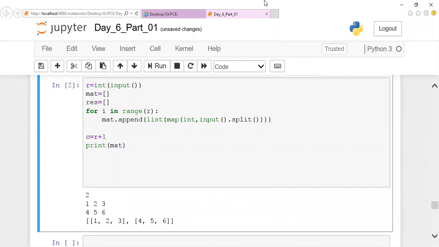You can notice here this is the 0th index list and this is your first index, isn't it? And here you can notice that this is 0 comma 1, 0 comma 2, sorry, it should be 0 comma 0, 0 comma 1, 0 comma 2.